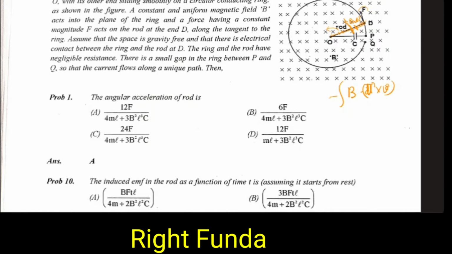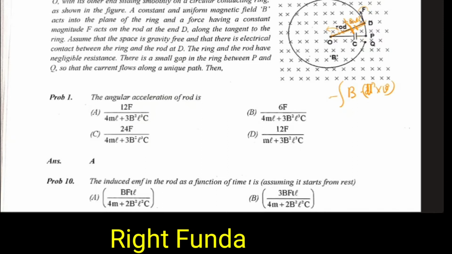But current cannot go through this way because it is disconnected here. So current has the only path to go like this. But again, current cannot go through the capacitor, though the capacitor can accumulate charge. So if we apply Kirchhoff's law in this loop,